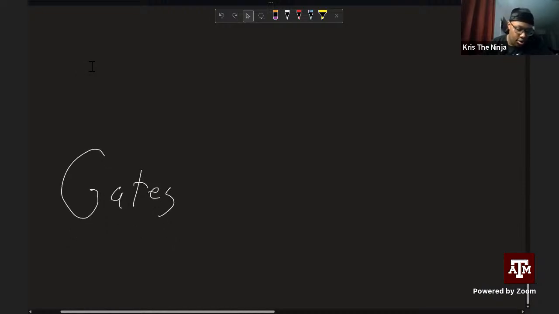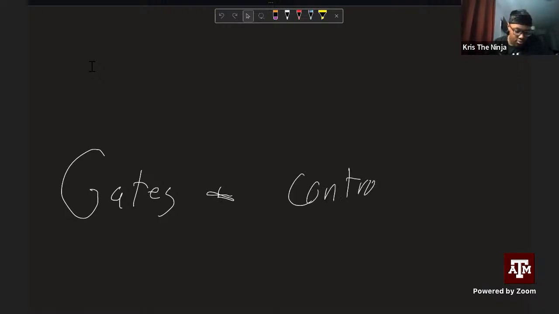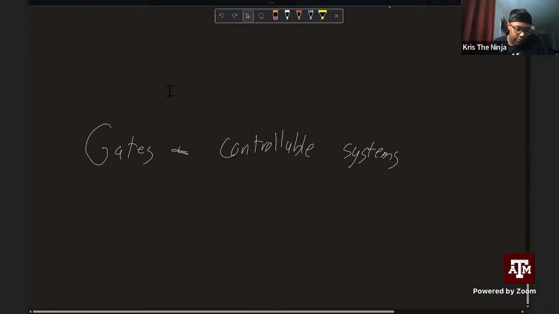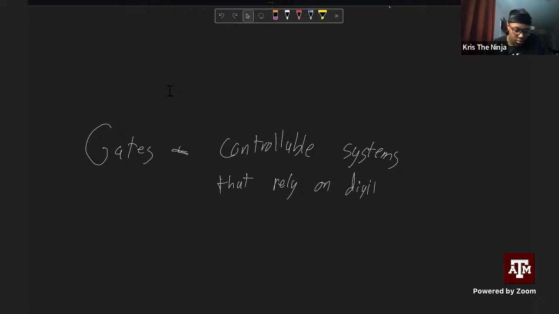So gates are controllable systems that rely on digital logic. Digital logic is just binary. That's literally why I spent half the stream talking about binary, because that's what digital logic is. So let's just say